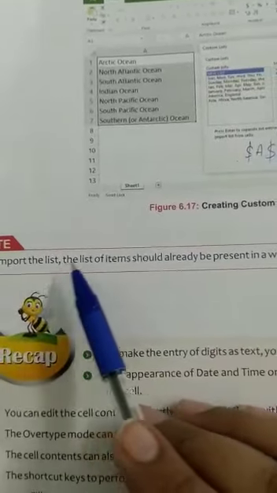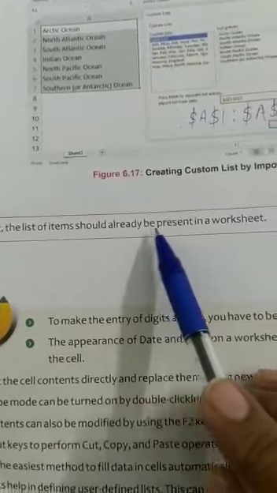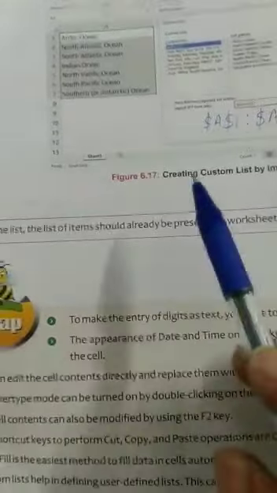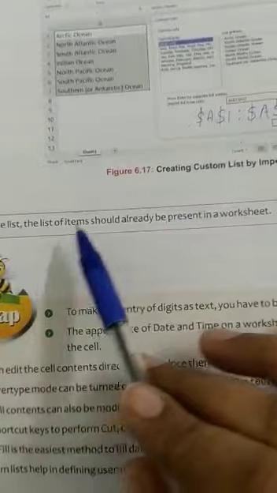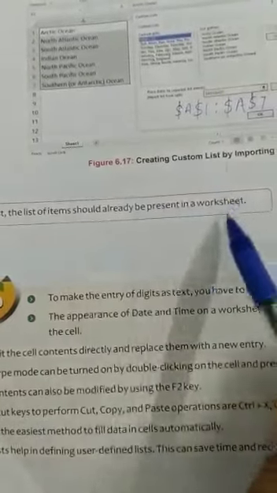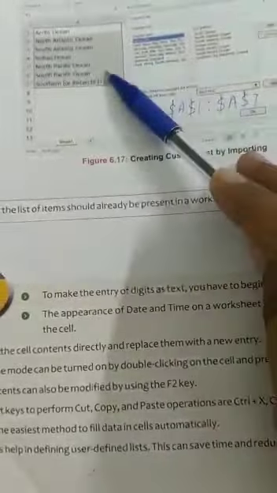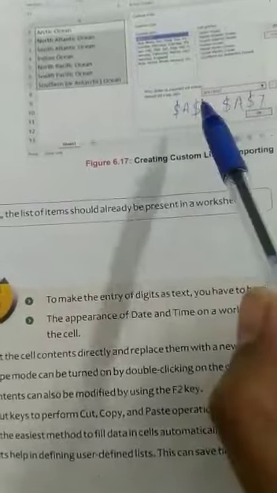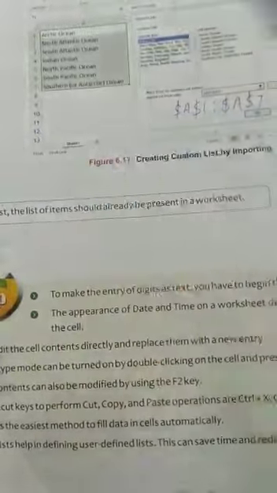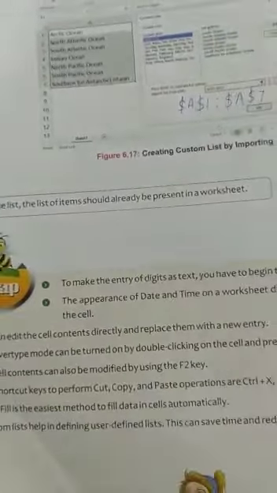To import, the list of items should already be present in a worksheet. So if you want to import a list of items, then those items should already be present in a worksheet. जो वर्कशीट आप करंटली वर्क कर रहे हो उस वर्कशीट में आपकी वो लिस्ट ऑफ एंट्रीज प्रेजेंट होनी चाहिए जिसको आपने इंपोर्ट करना है इन योर